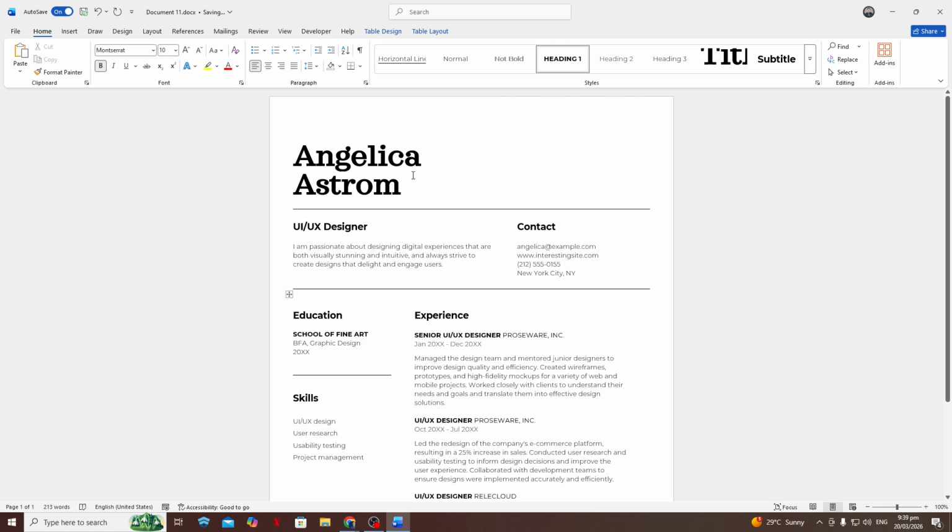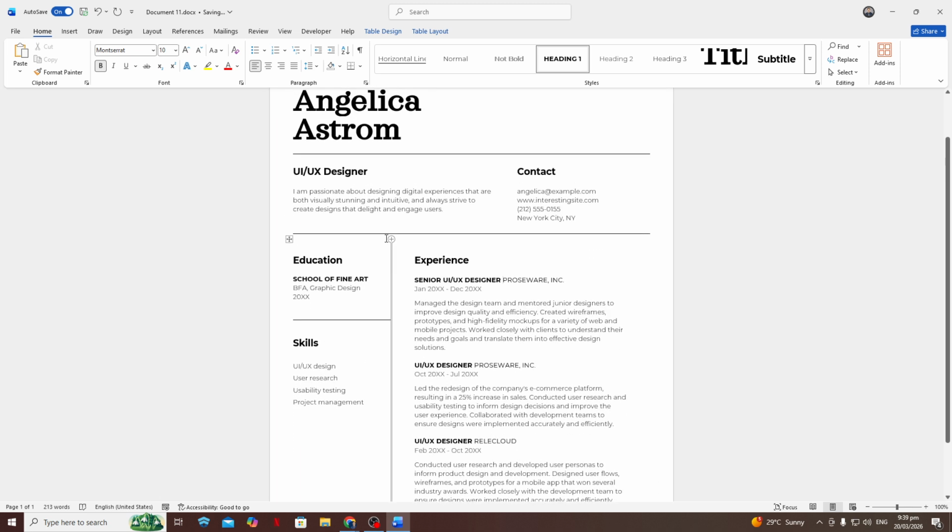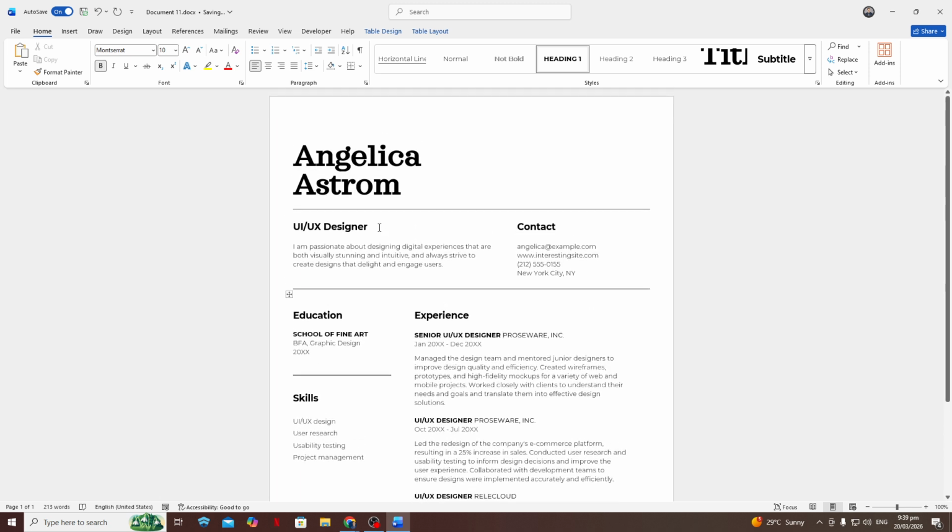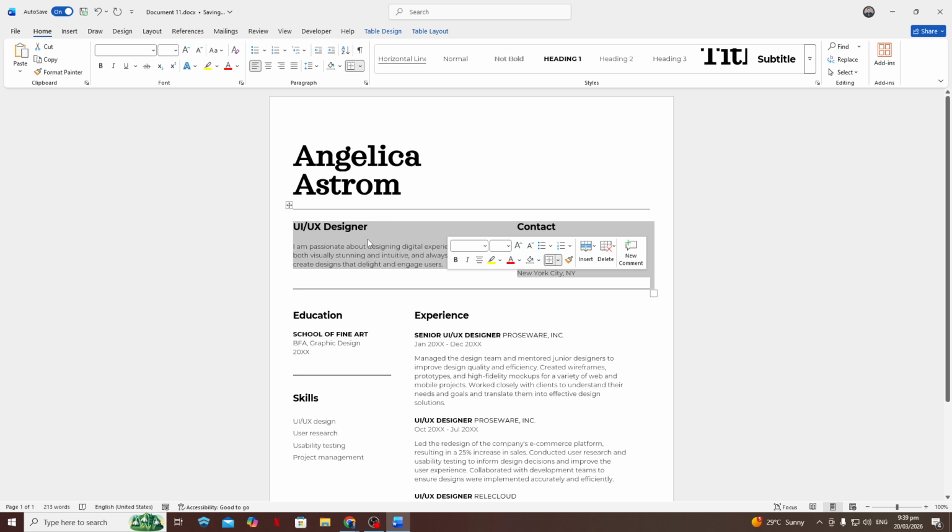In this walkthrough, I'll show you exactly how to use it and give you some tips so you stay in control of your formatting. Start by opening your Word document, or create a new one, and paste in the text you want to fix. It's a good idea to save a copy before you make changes, so if something doesn't look right, you can always go back.